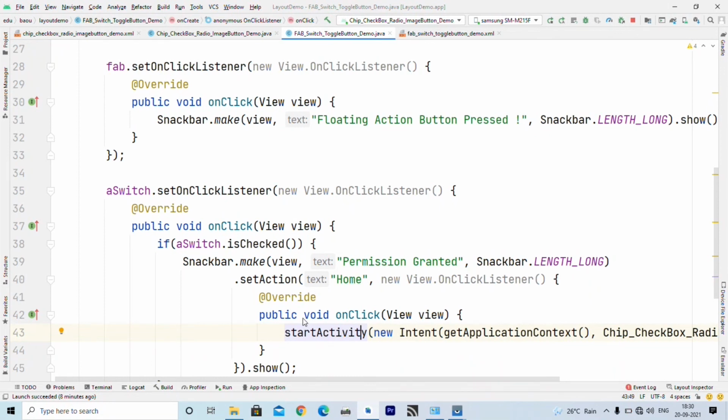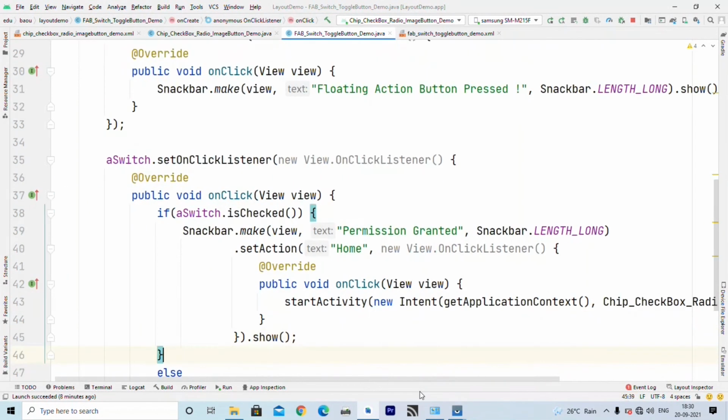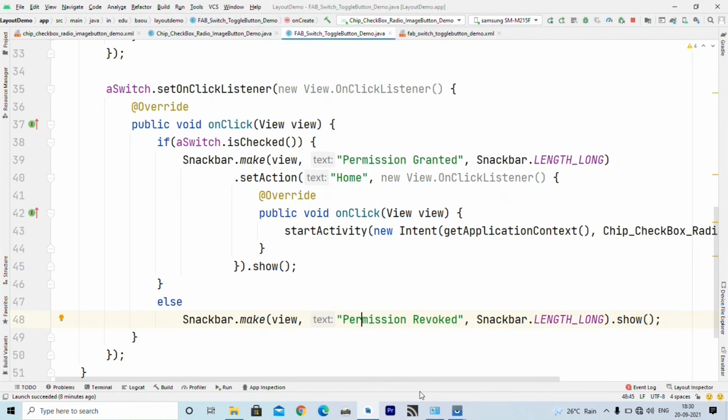Here we start another activity called chip checkbox radio image button demo. How it works, let us check. And in the else part I just write permission revoked and we don't want to perform any action, so we have just used show. If you want to perform some action then you can always write the dot set action method, right.